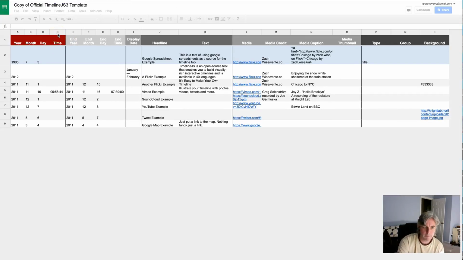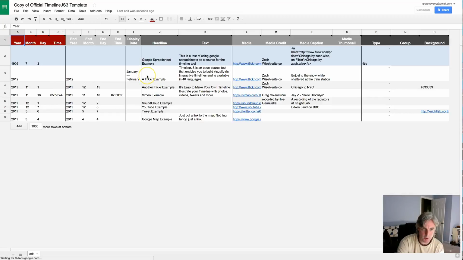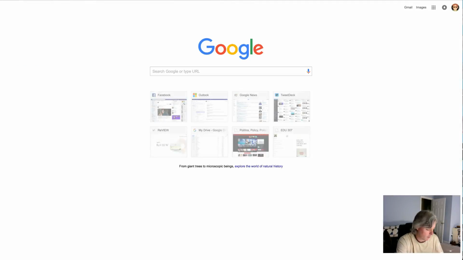But wait, I have no idea of the information I'm going to put in this table. Well, that's because you started with the timeline before actually doing the research. What you're doing is a project on the history of literacy, reading and writing from the beginning till today. And I give you a couple of sources. So if you go to the class website,